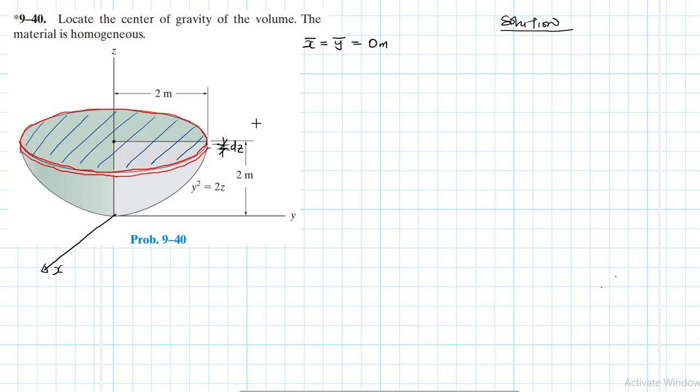It is a very small thickness. This is just a very small circular plate that we've cut. So the area that I've shaded in blue is going to be equal to